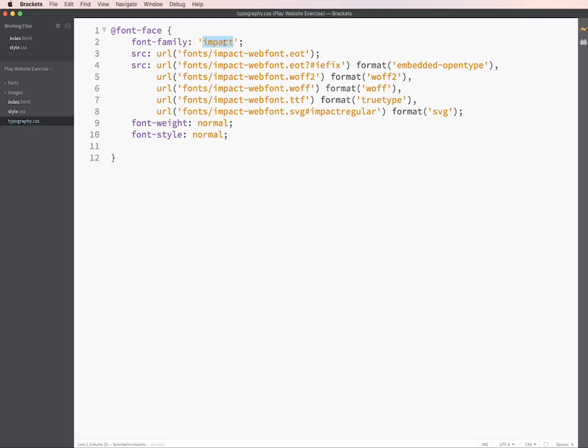Okay, so the takeaway from this exercise is that when you're designing a mobile version of a website, one of the things you need to take into account is that the type